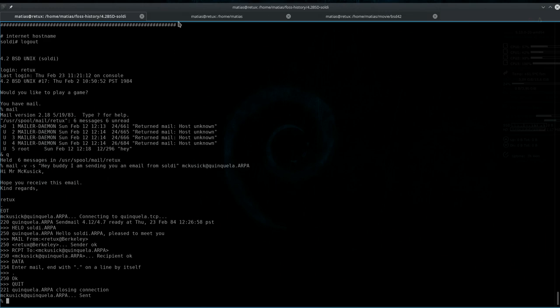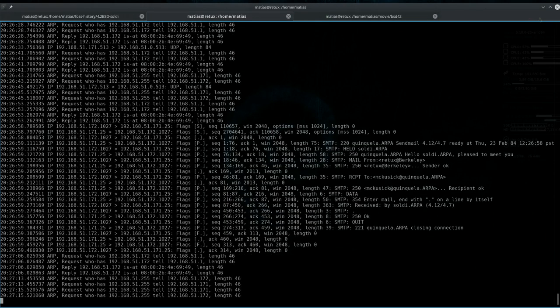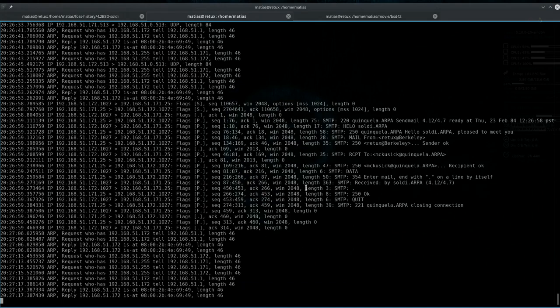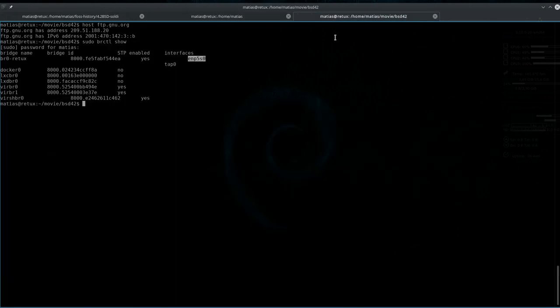So let's try. We should have seen some traffic here on tcpdump going back and forth between the two instances of SIMH. The other instance is on a different computer here in my LAN.